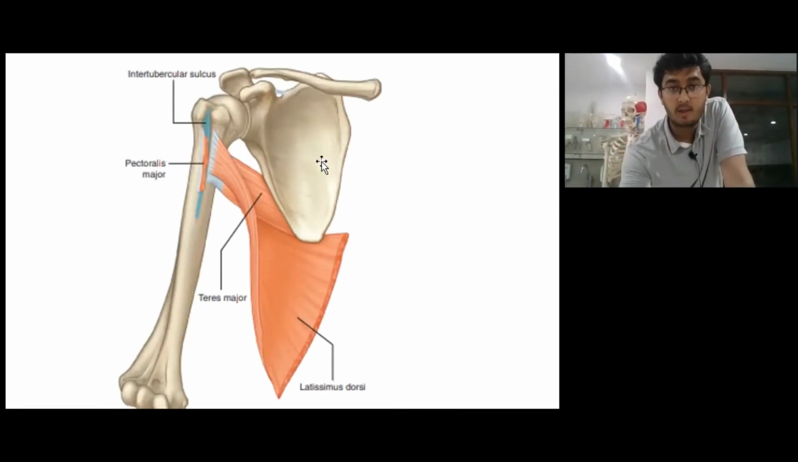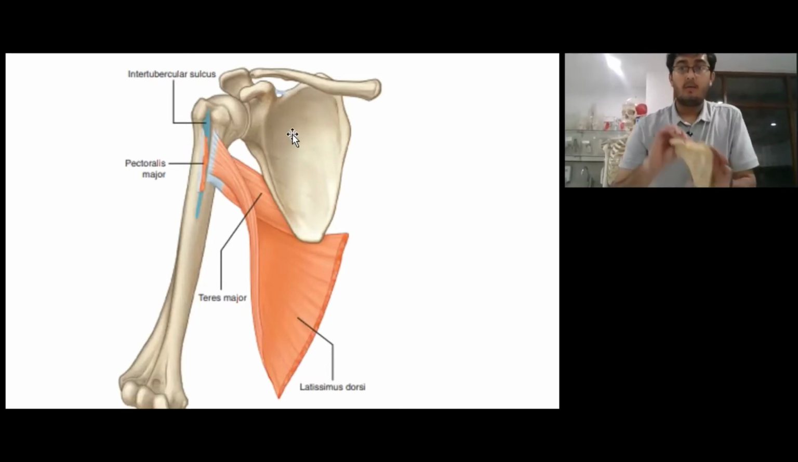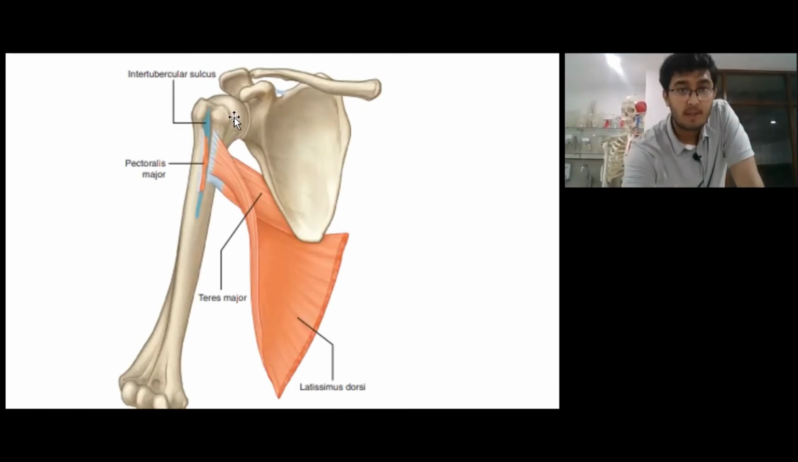This is the anterior side of the scapula. So the posterior wall is basically formed by the teres major and the latissimus dorsi muscle, along with a muscle which comes from here. This is the subscapular fossa. This muscle is called the subscapularis muscle, and we'll see it also forms the posterior wall of the